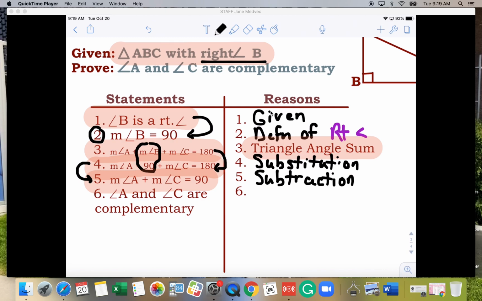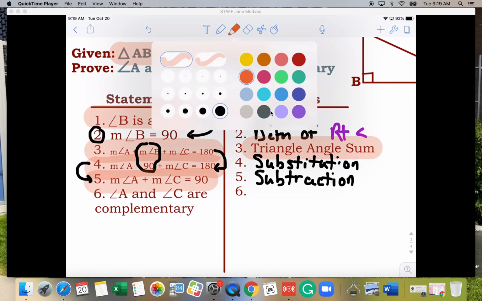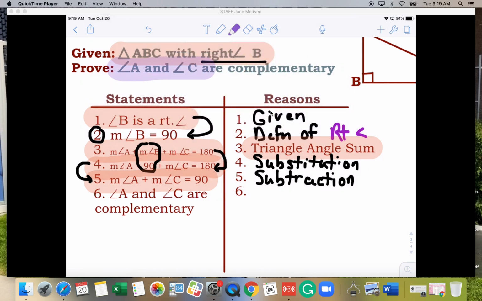Notice that the reason for 4 and the reason for 5, these two pieces right here, don't abbreviate them too much, because if you put SUB and SUB, it would be the same thing. So just be careful when you try to abbreviate and stuff like that, so that I know exactly what you're talking about. Now finally, number 6, you're going to notice that A and C are complementary angles in the proof,